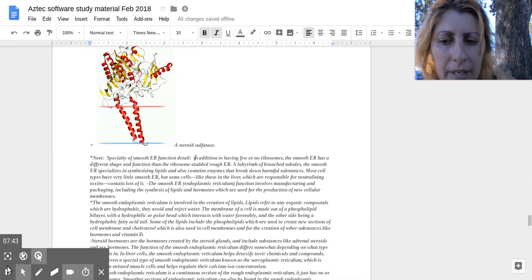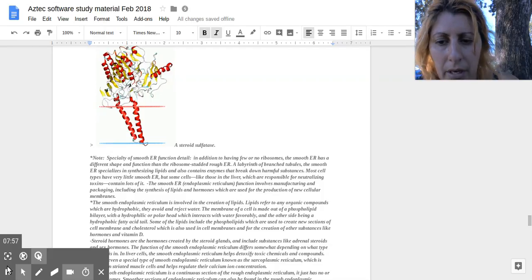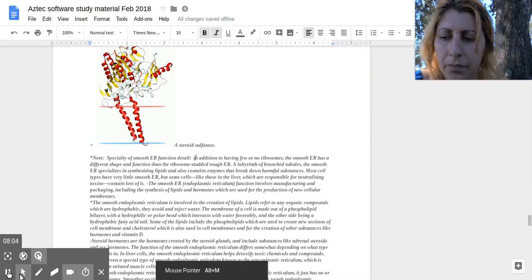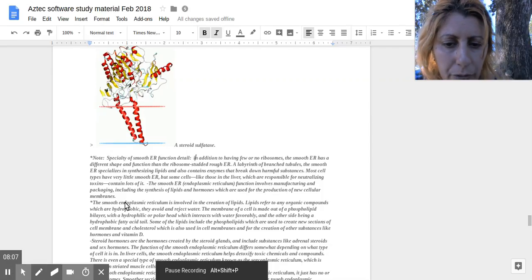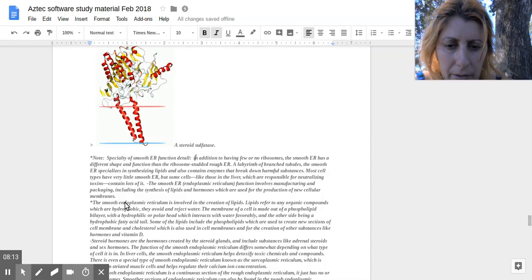Lipids refer to any organic molecule or compound which is hydrophobic, so they avoid and reject water. The membrane of a cell is made out of a phospholipid bilayer with a hydrophilic or polar head interacting with water favorably, and a hydrophobic fatty acid tail. Some of the lipids include phospholipids used to create new sections of cell membranes, and cholesterol, which